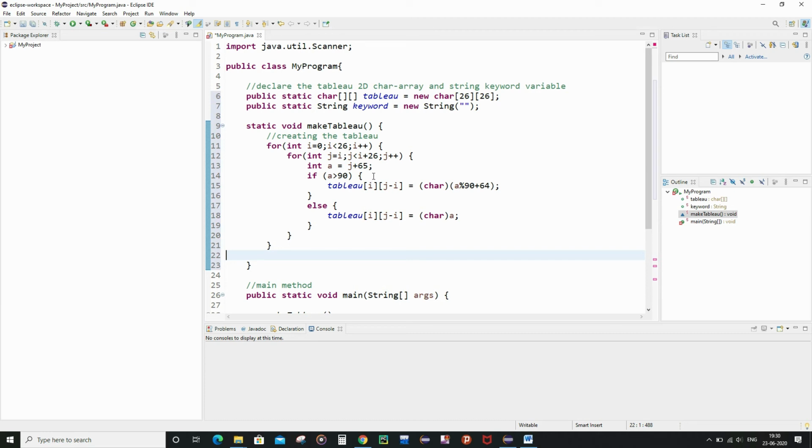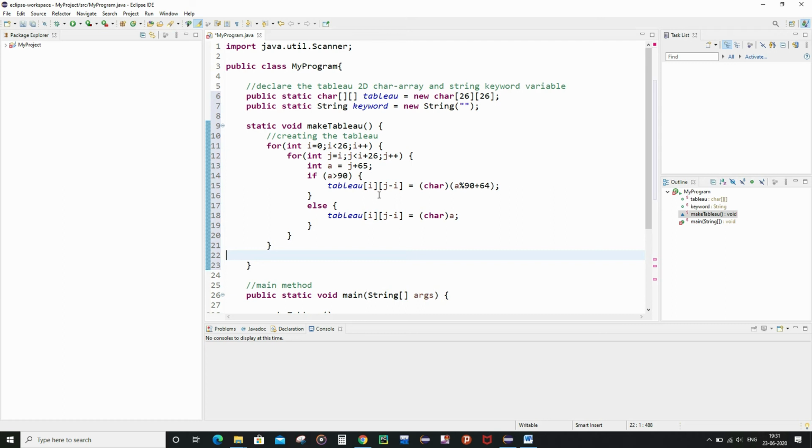In this way the integer a will assume the value j plus 65. The value of j here is 26, so the value of a will be 91. So in this case, as you can see, the if condition is being satisfied and a is 91, so 91 is greater than 90.